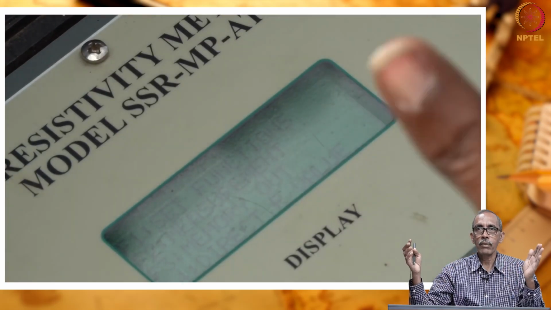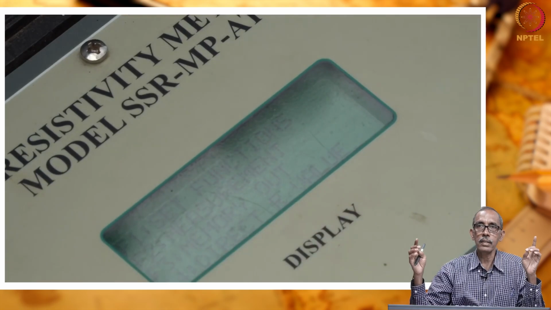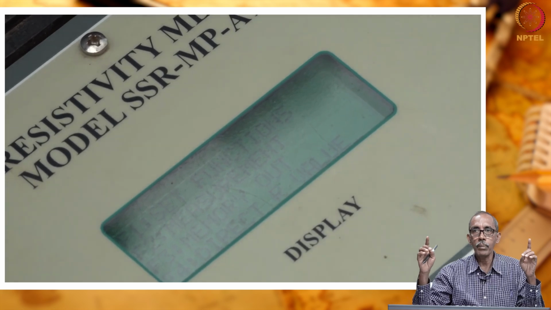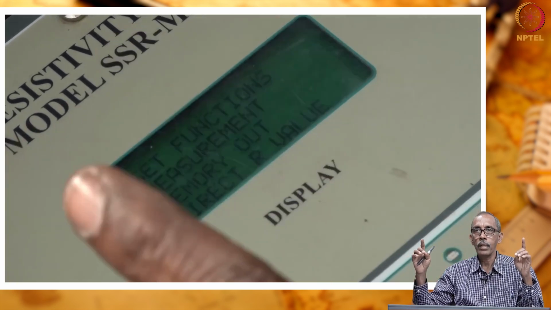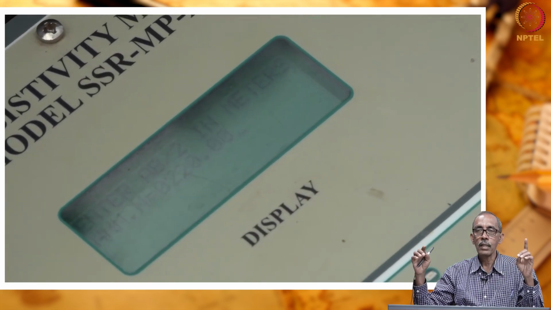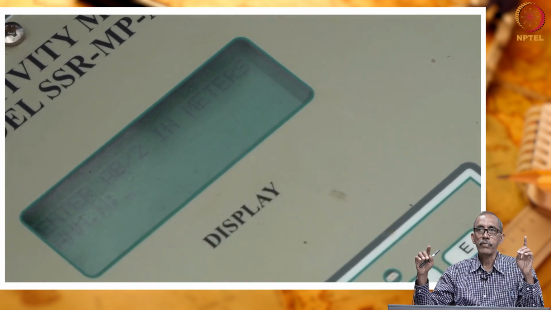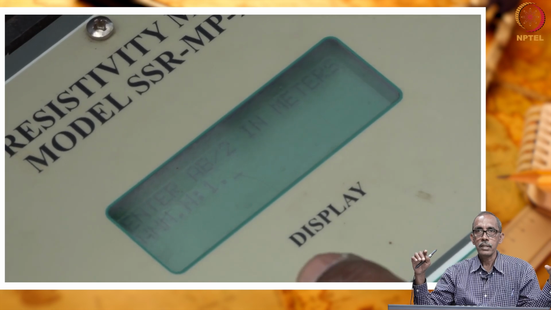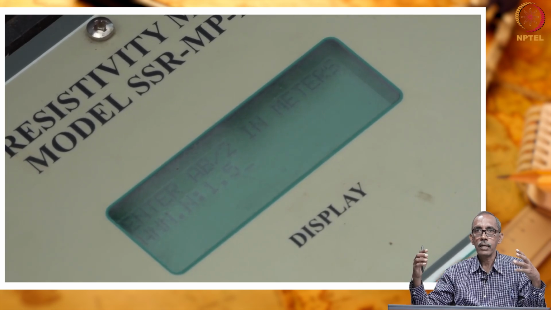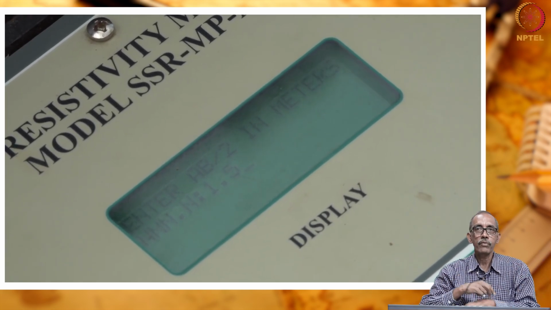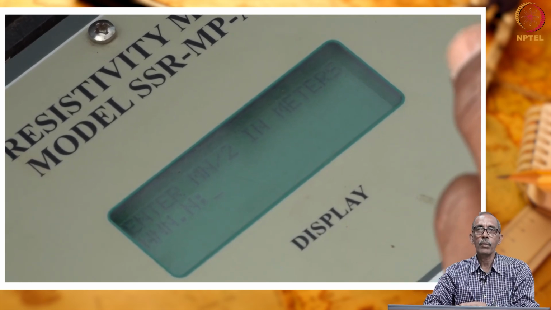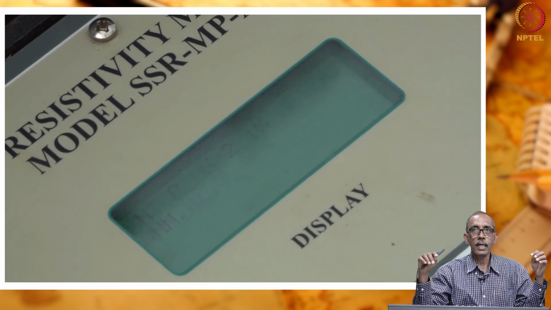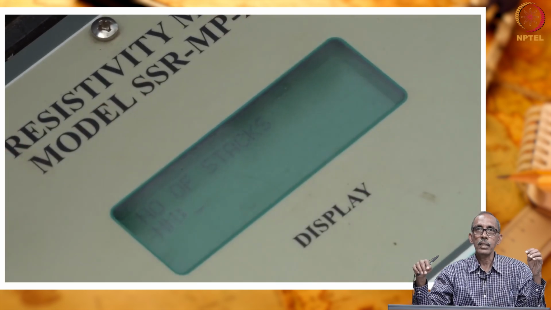We are going to commence our measurements by keeping the first A and B distance at 3 meters from the center. So, AB by 2 is 3 meters, MN by 2 is half a meter. Now, we are going to press for applying the current. The resistivity meter has a source kept adjacent to it, which is a regular conventional battery, like what we use for our UPS at home or in our automobile. When you press for current, the current is now passing into the earth.